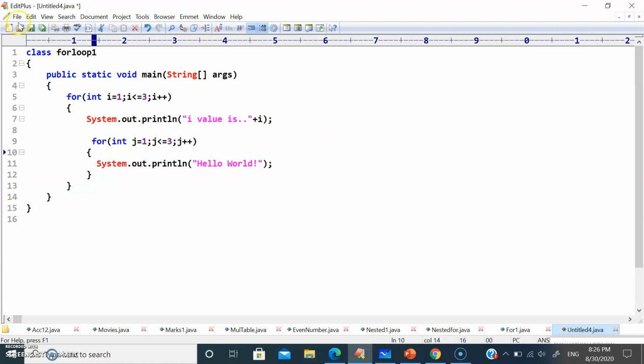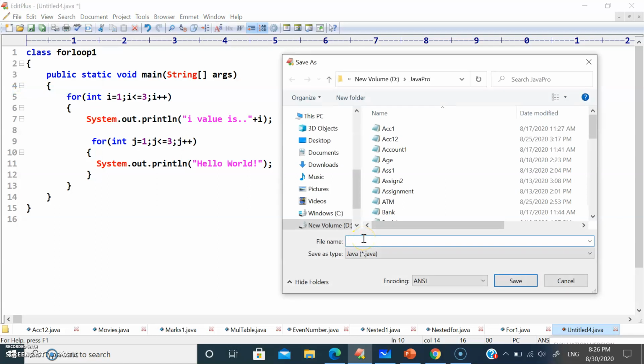So let's see the output for this program. ForLoop1.java.